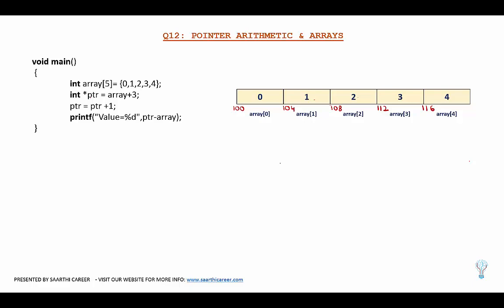Now by the definition of the array, we also know that the name of the array, which is array, is itself a pointer which is pointing to the 0th element of the array or the starting of the array. So we can clearly say that array is equal to 100 because 100 is what points to the 0th element